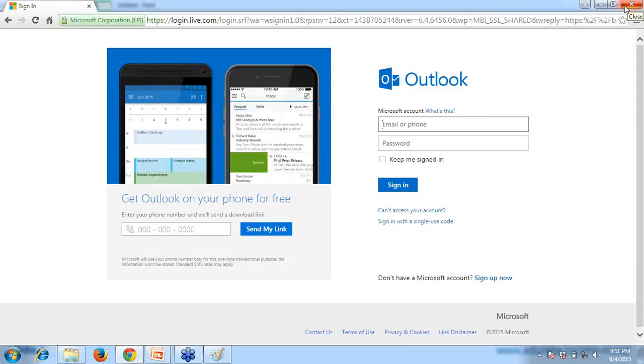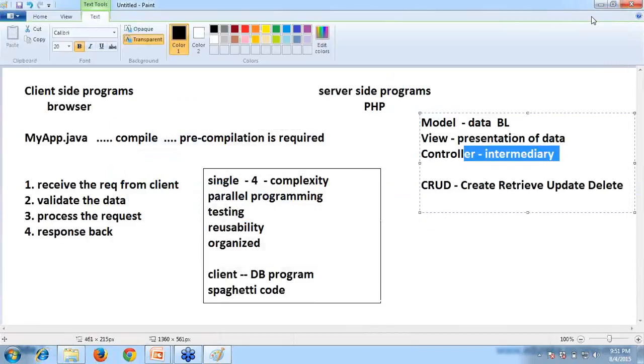Now, if I enter my username and password and click on sign in, and it is the correct username and password, I'll get all my mails back. The server is giving the data back to the client. So views are of two types. One is the view used by the client to submit the data to the server, and another is the view used by the server to give a response back to the client.